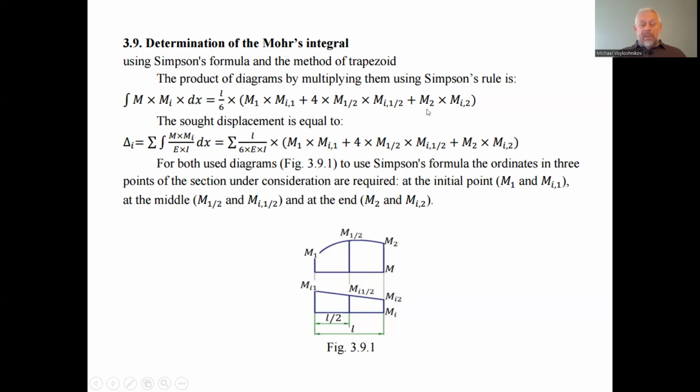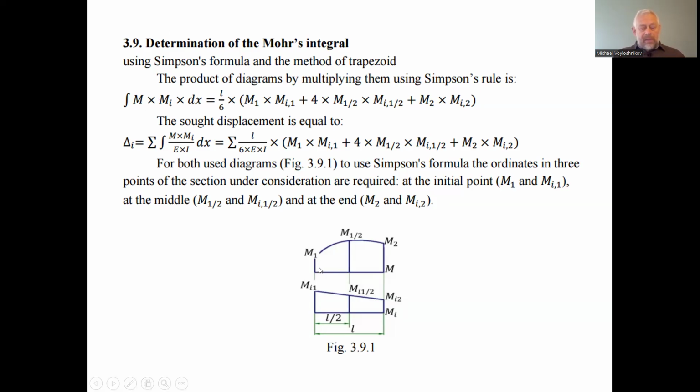And the third summand is the product of the magnitudes of the diagrams of the bending moment under the action of the external force on the other end of the element of the mechanical system, and the same as the magnitude of the diagram of the bending moment under the action of the unit force. So this is Simpson rule. The Simpson rule gives us the exact solution of the Mohr integral